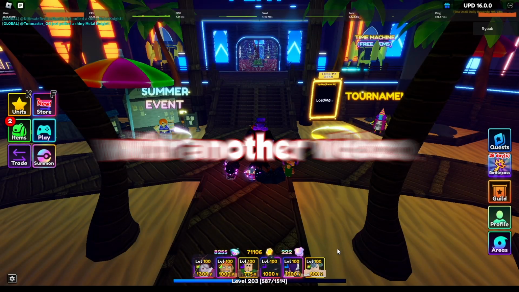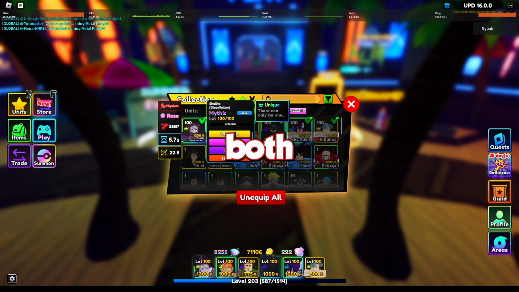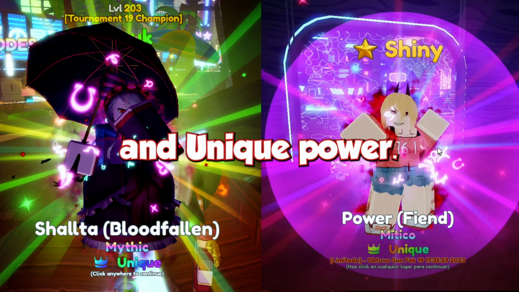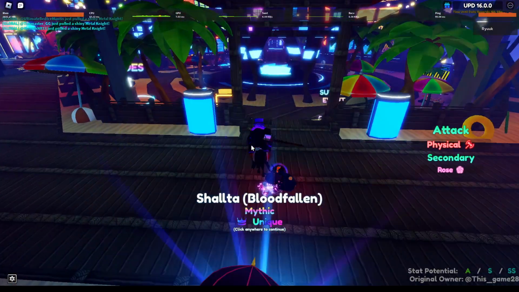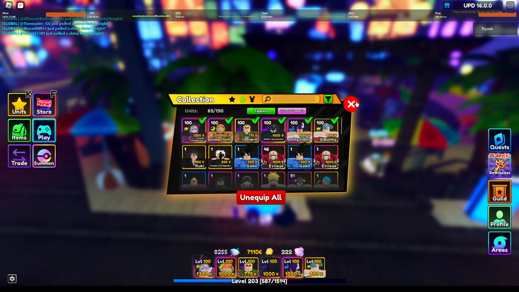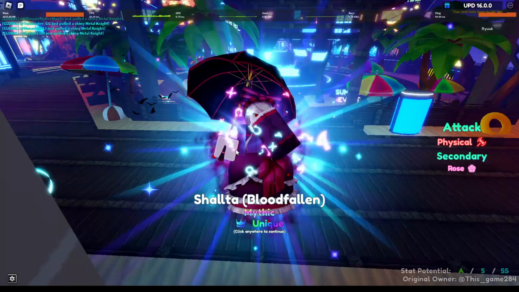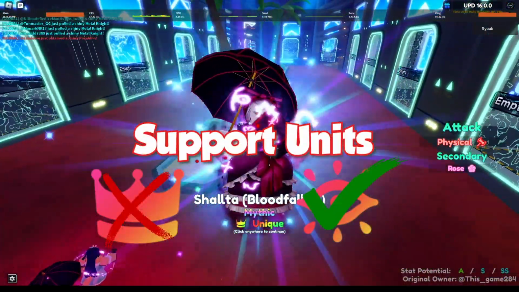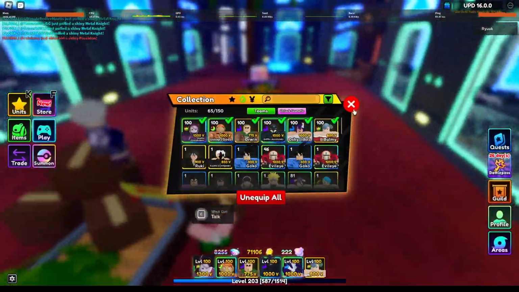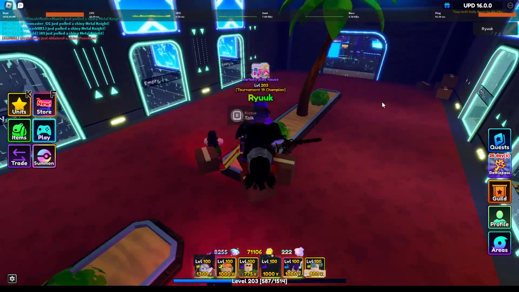Alright, so we're back with another video, and today we are going to be showcasing both unique Shalltear and unique power. We're going to put them against each other and just compare them, mainly because they're very similar units. Now, obviously, unique power and unique Shalltear are support units, so unique is not the best trait on this unit, divine is, but since I managed to find two people with unique on them, I thought, might as well compare